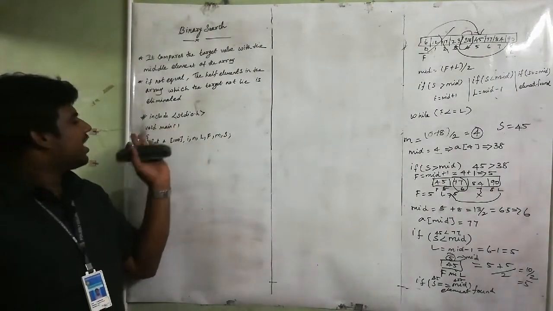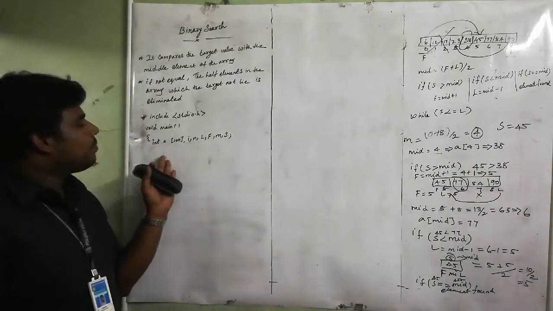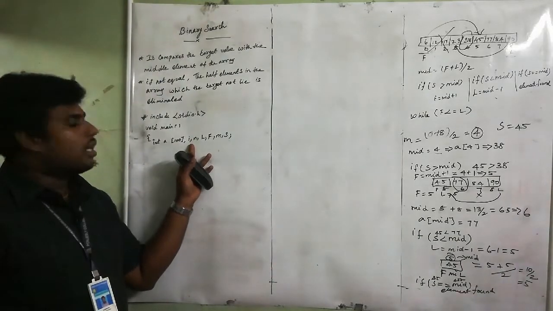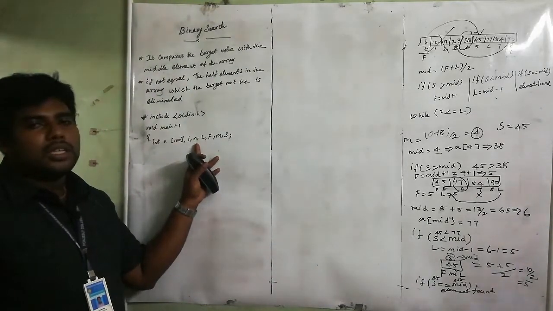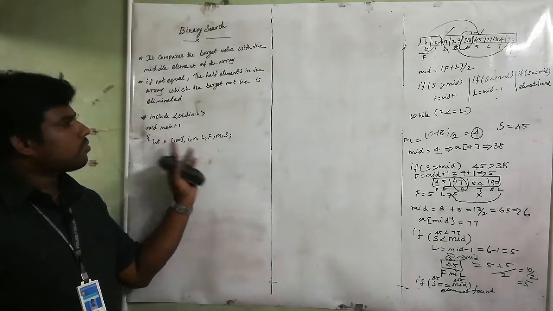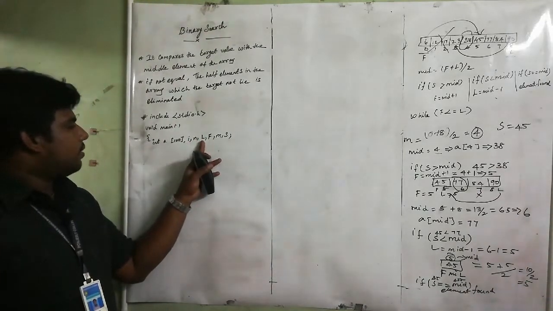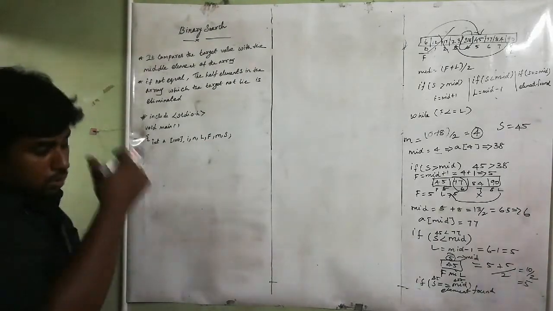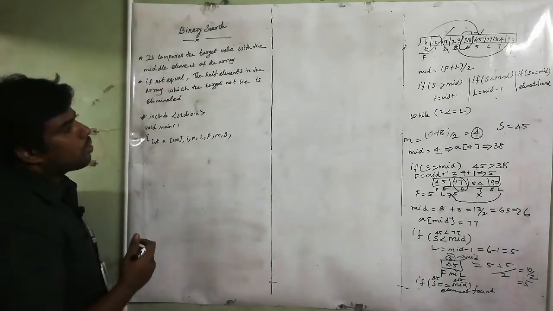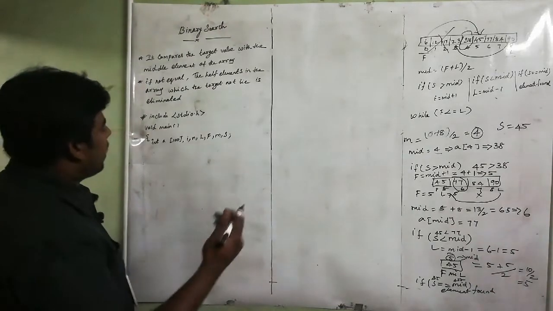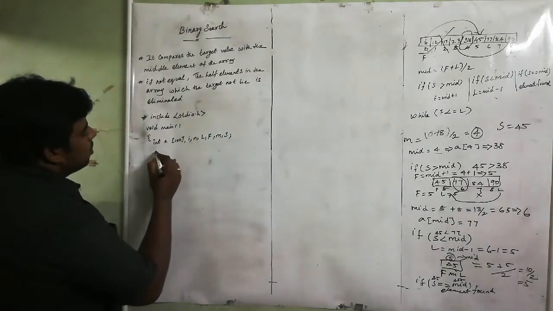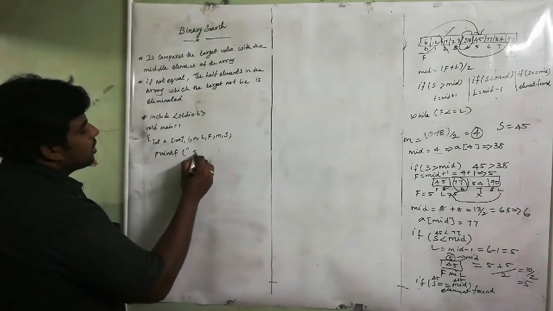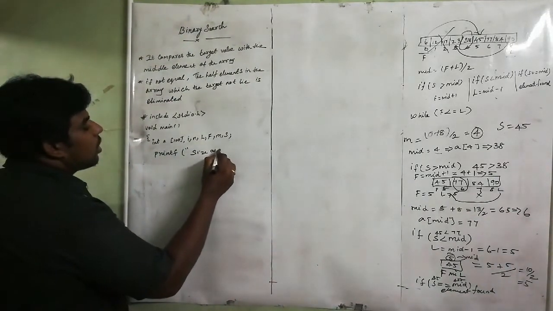First I included the header files, the starting position of the program, and declared all the variables I required. Array, then for loop I required i, then n, the size of the array, then last, first, mid, search element. So this is the array I am going to get. Totally 9 elements, right? So printf, first I am getting the size of the array.